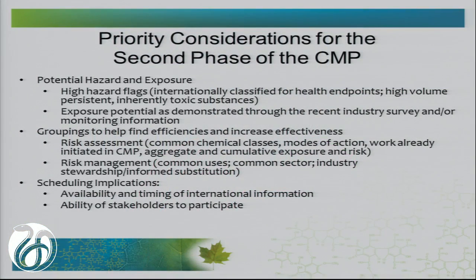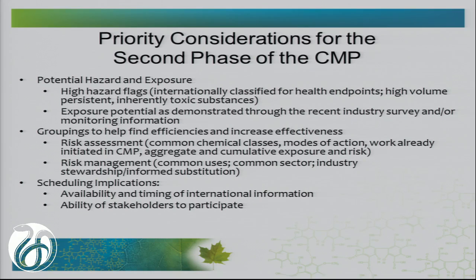So as we were wrapping up the first phase of the CMP, we had to figure out what our priorities were going to be for the second phase. To do this, we considered a number of things, including the potential hazard and exposure that the substances posed. So we looked to see if any of the remaining priorities had high hazard flags, or whether they were internationally classified for health endpoints or high volume persistent inherently toxic substances. We also looked to see if they had a significant exposure potential, and that was based on recent inventory survey